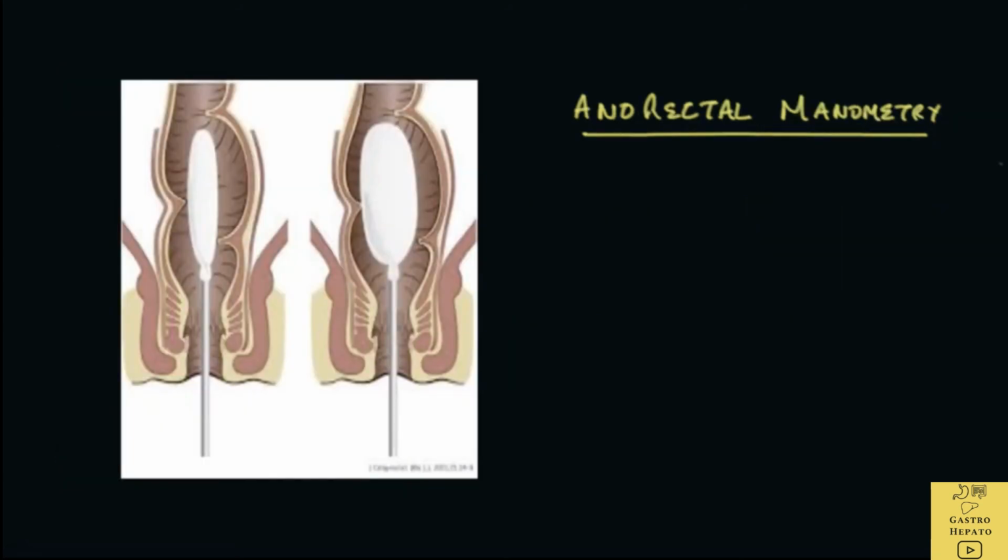A test to measure pressure in the rectum and anus is called anorectal manometry. In this procedure, the doctor places a flexible probe into the rectum to measure the pressure within the rectum and anus. It takes about an hour for the test and is generally well tolerated. It measures the strength and weakness of the anal muscles as well as the rectal function, as is shown in this picture.